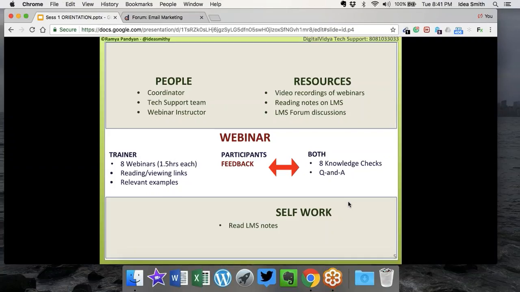Everything that we are telling you may seem simple when we are telling you, but we do tend to forget this. Okay, so please go back and read the notes maybe over the weekend, because you're doing this on weekdays, and by the time the session gets over, it will be pretty late. Please make sure you read the notes sometime before the next session. Revise the webinar videos. Even if you sat through the entire session and paid close attention, my suggestion would be, before the next week's session, go through both the videos one time. It is a commitment of another 3 hours, but think of it as work that you're doing,